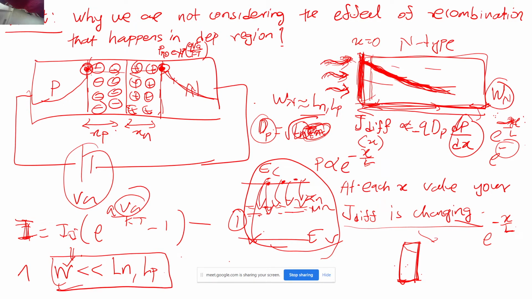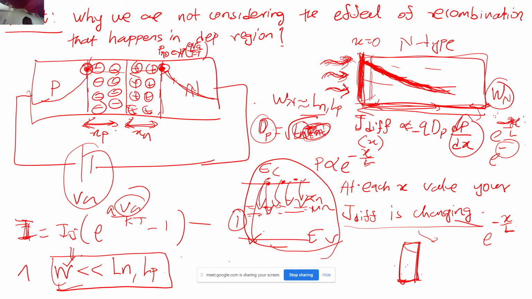Now I will also come to when this assumption doesn't hold true, because we have seen that sometimes the width actually swamps out the entire n-type or entire p-type region, depending on the doping concentration. What I want to tell you is that if this distance is extremely small compared to the diffusion length of the electrons and holes, they are not getting enough time to recombine properly. Because of recombination, you are actually getting this exponential decay.